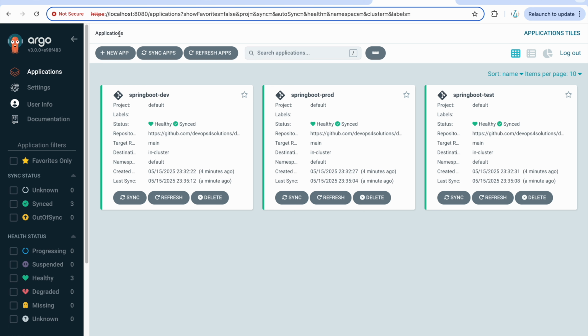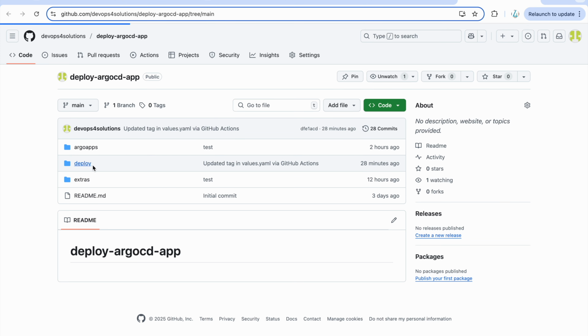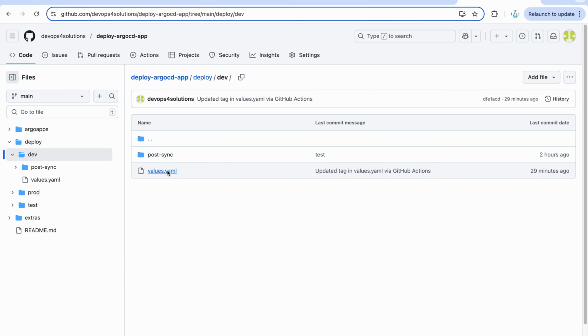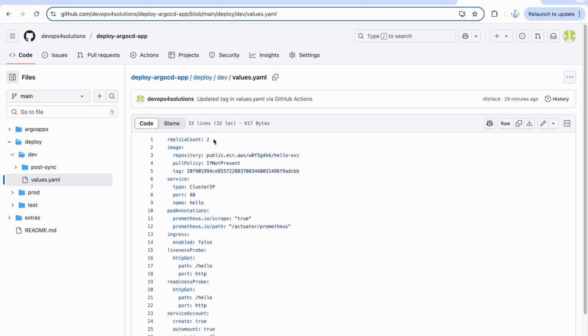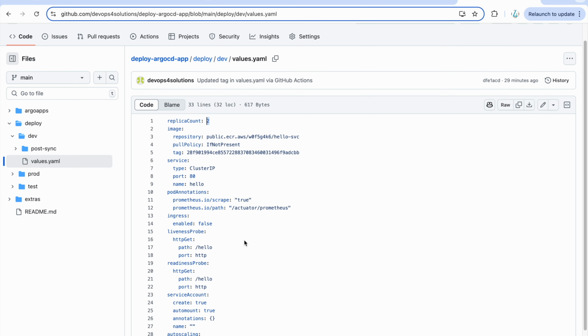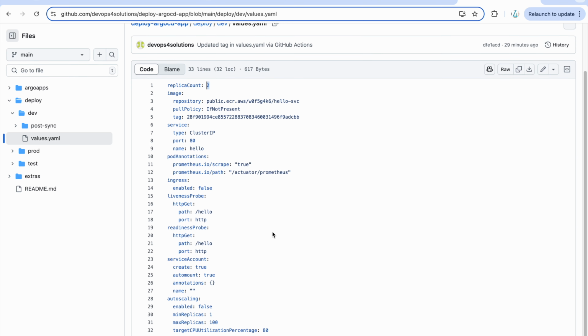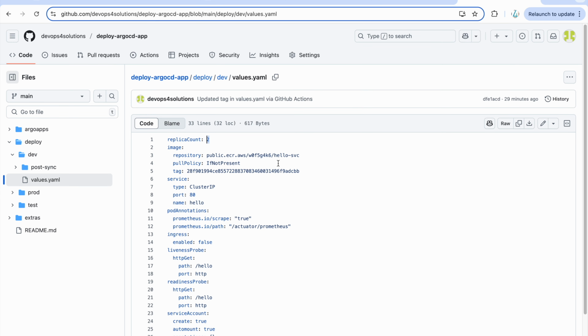Our next step is we want to update these values files, right? You can update them directly here if you want to make deployment changes, like changing the replica count or the path of anything. You can just do it there, and that would trigger only your CD pipeline and take care of all the other stuff.